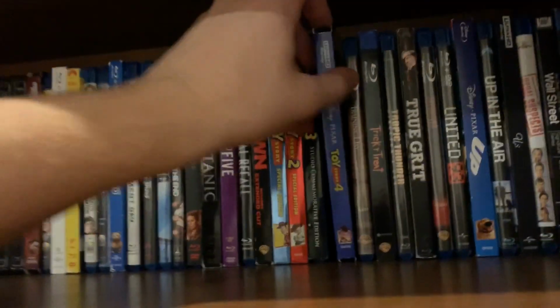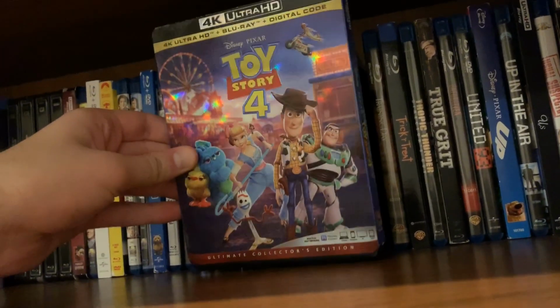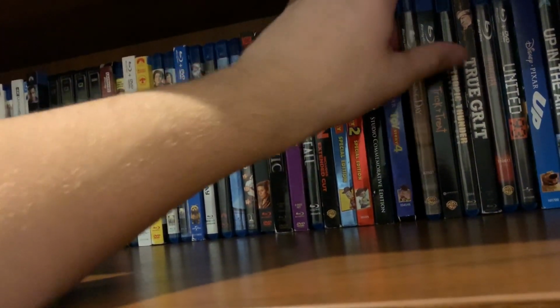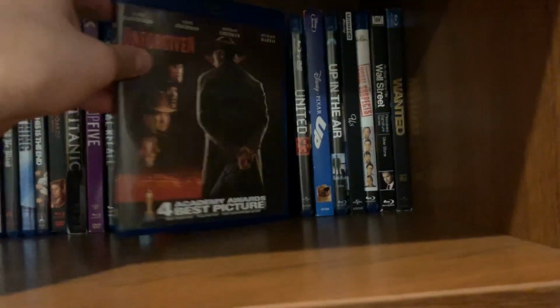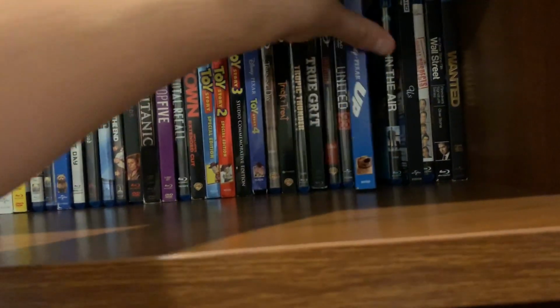And then my most recent pickup in this franchise, Toy Story 4 on 4K, which I got off of eBay for like $15. It's a great deal there. Training Day, Trick or Treat, Tropic Thunder, True Grit, Unforgiven, United 93, Up in the Air, Us, The Usual Suspects, Wall Street, and then another one I'm kind of on the fence on,